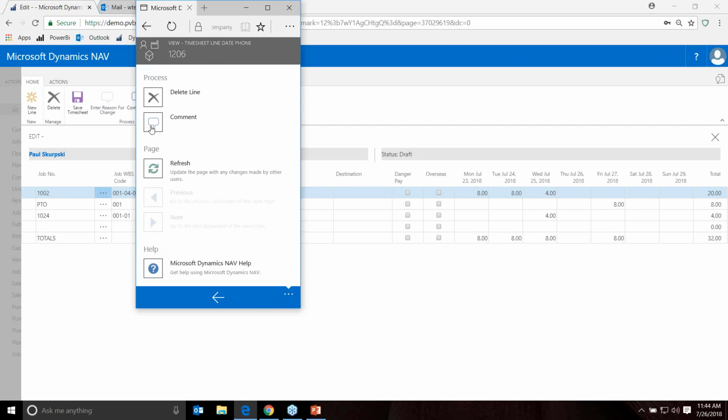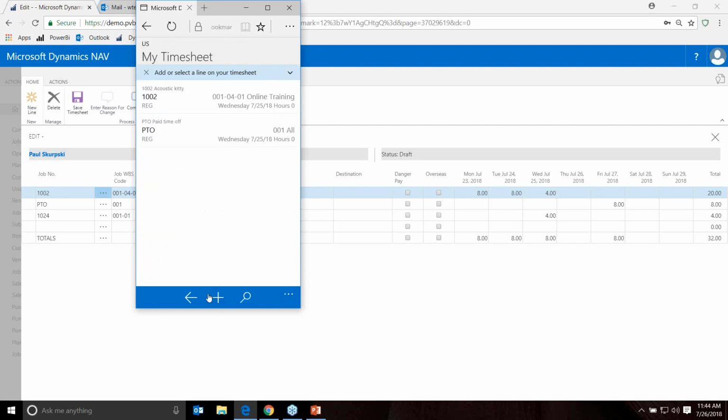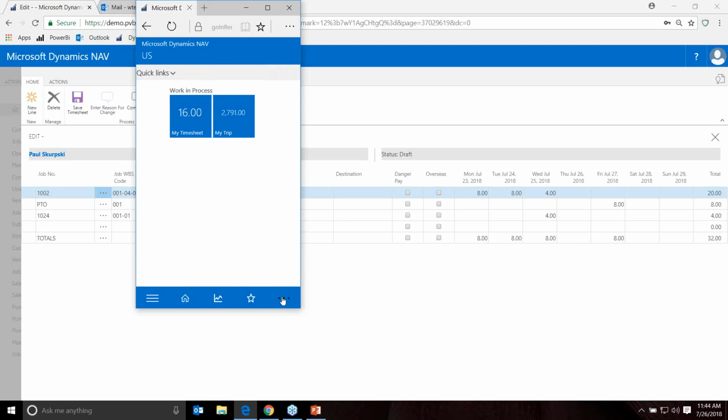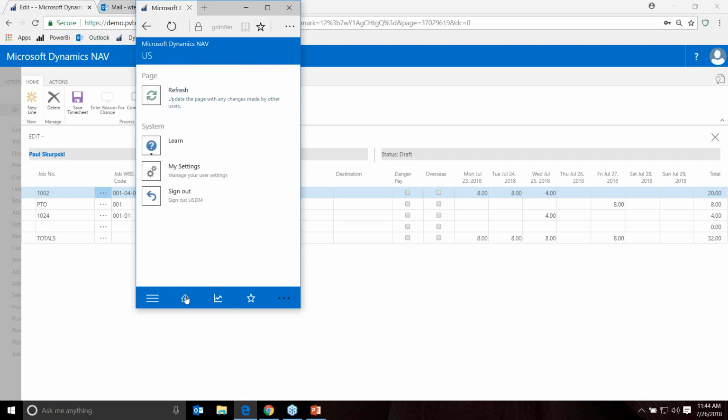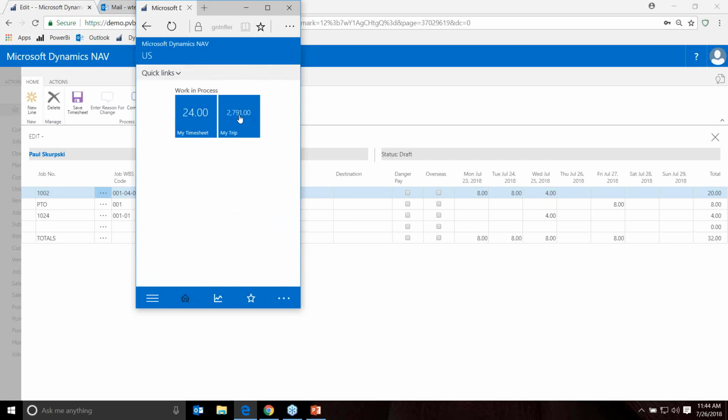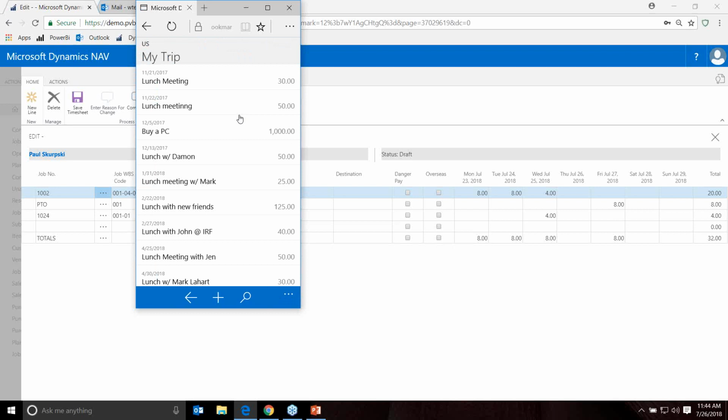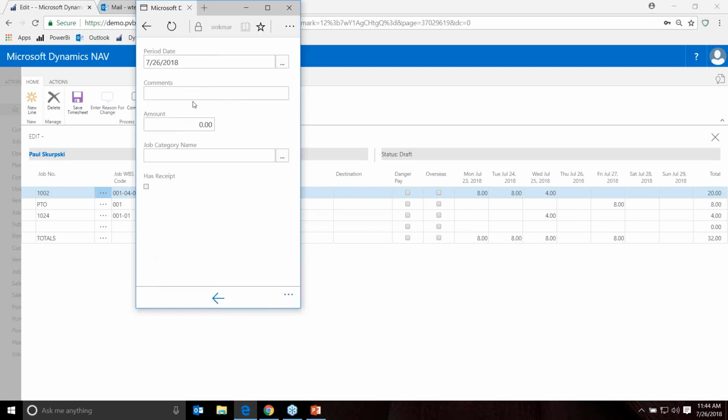They could also put comments in here. Same idea would go into previous periods, etc. So just simple for users to do the things that they do on a daily basis. If they also need to record, the next thing we'll talk about a little bit is expenses. So if you're out to lunch with somebody and you wanted to remind yourself that you need to record that on your expense report, what you can do is I can pull up my phone, same idea, it drops me